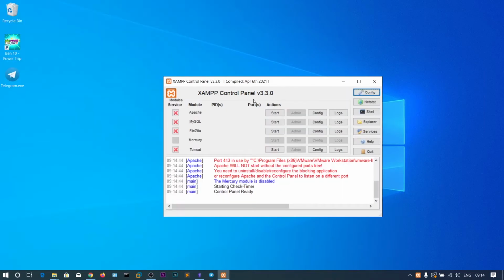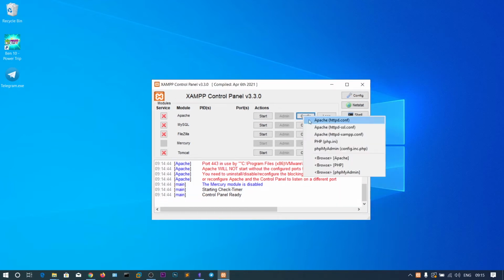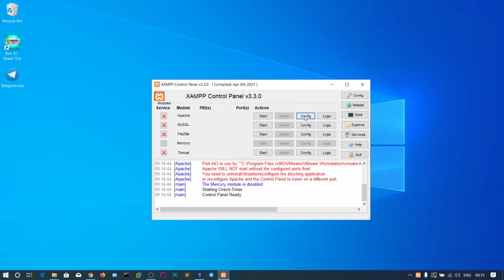So this is the XAMPP panel, and before starting this, Apache will run on port 80 for HTTP and 443 for HTTPS, and MySQL will run on port 3306. So we need to do some configuration on the machine. Ports 80 and 443 may be blocked because they are used for different purposes by normal applications. So that's why we need to do some configuration.